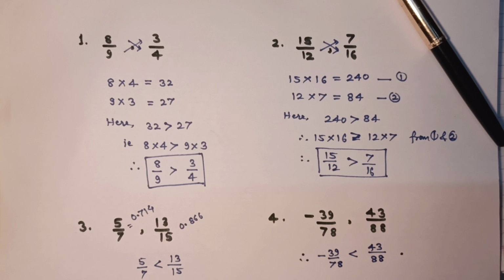You can solve any question from problem set 1.2 from your textbook, page number 3. I have solved maximum problems related to it, but you have to use your own discretion as to which rule I am going to apply and how I am going to apply it. You have to compare two numbers looking at the signs. One is negative, one is positive, 0 and positive, 0 and negative. Likewise, I hope you have understood and you can solve any problem.